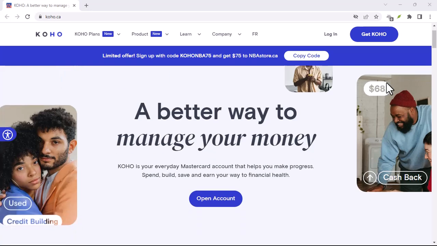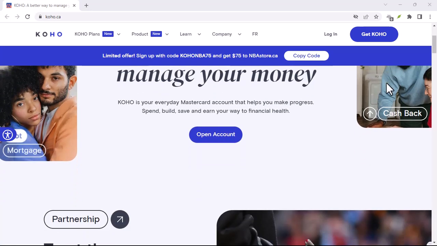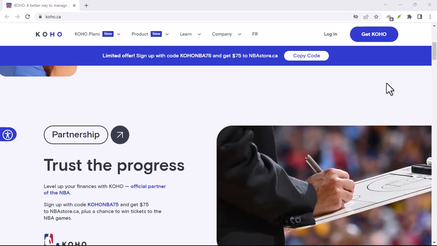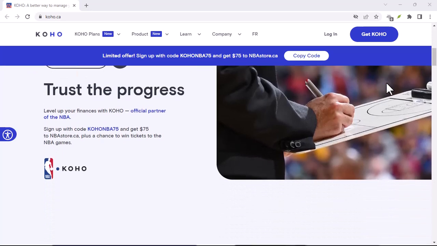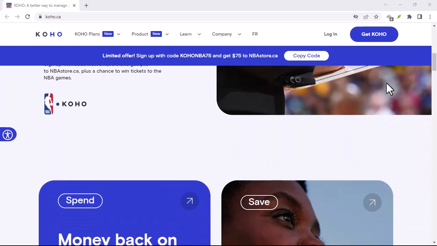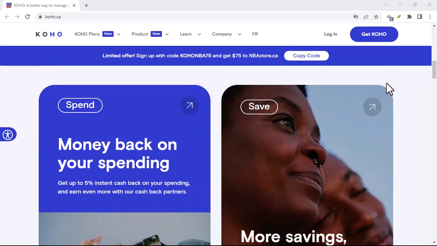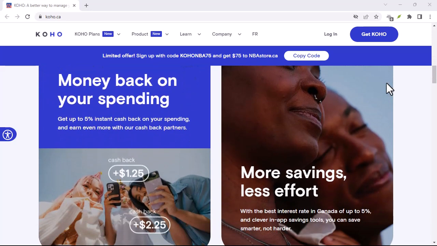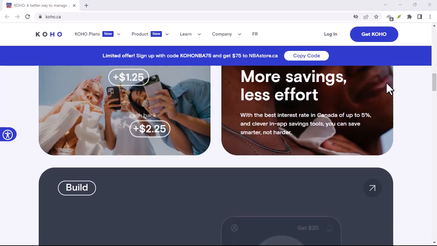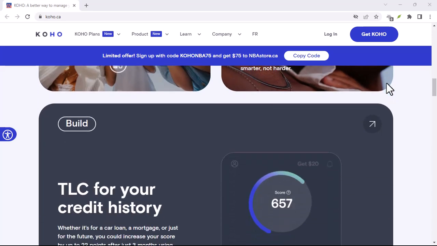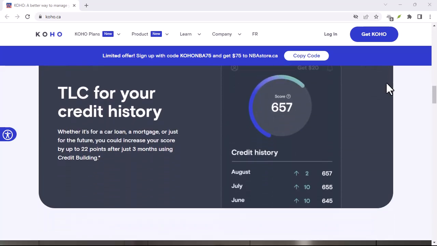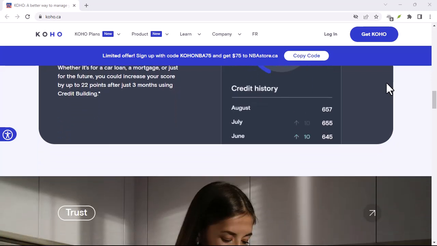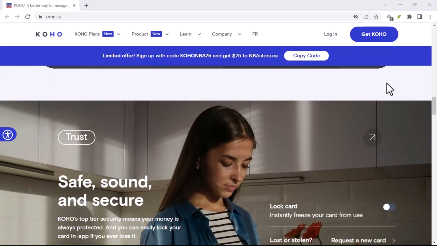Ever found yourself staring at a mountain of paperwork, desperately searching for that elusive Koho bank statement? You're not alone. In today's digital age, paper statements are becoming a thing of the past. So, let's dive into how you can effortlessly download your Koho bank statement right from the comfort of your couch. We'll walk through the steps, one by one, so even if you're a tech newbie, you'll be a pro in